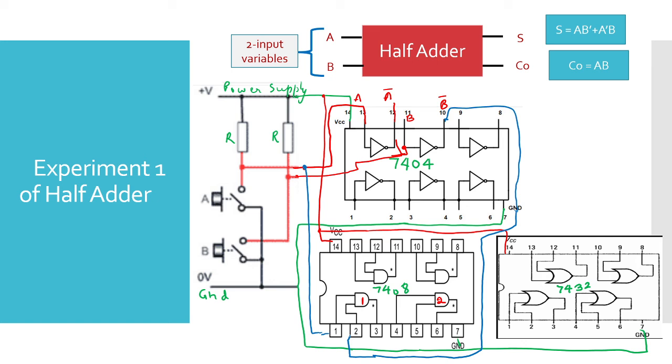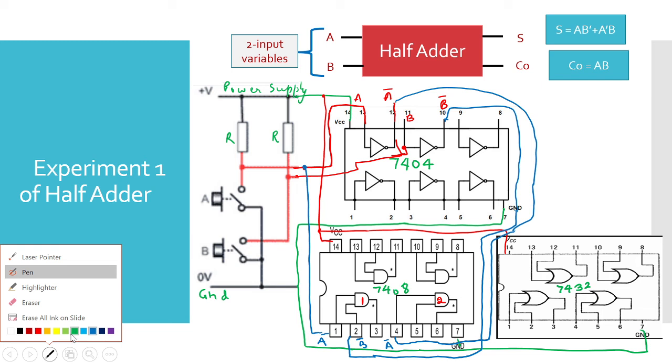So here I connected the B bar, here I connected the A, and second you need B and A bar. This A bar, B bar, again you will connect with the second AND gate input. This is my second gate input. I am connecting it with pin 4. This is my A complement. And second, B you require, so B I am drawing here.